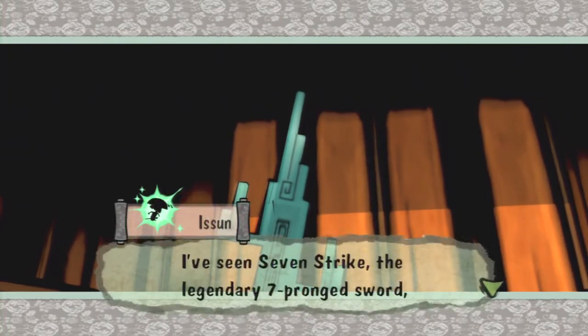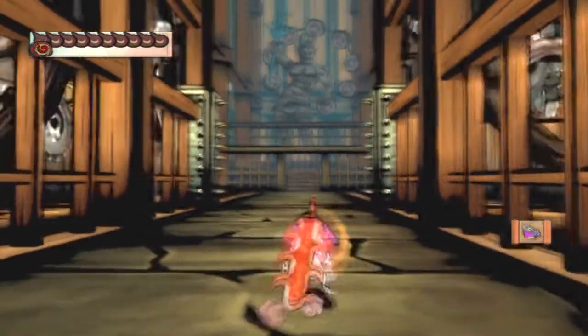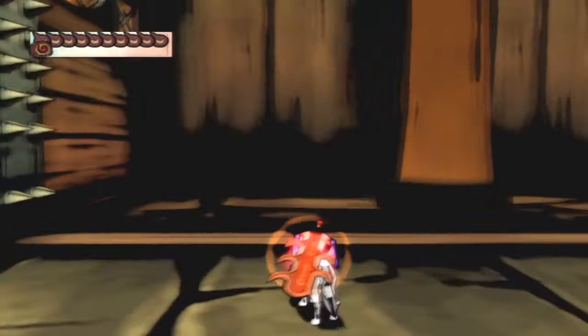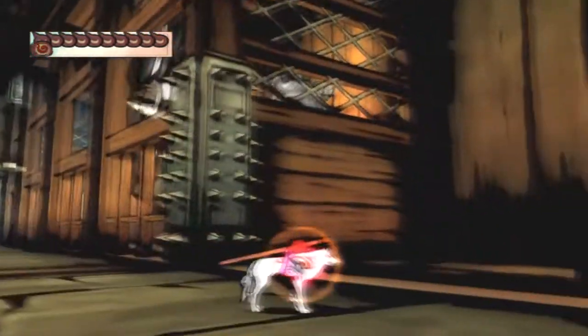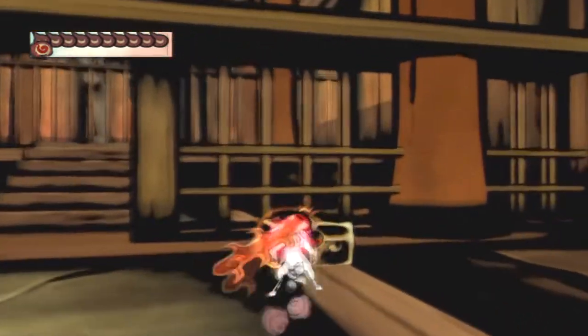Especially that raised sword there. I've seen 7 Strike, the legendary 7-pronged sword, but never a 9-pronged sword. So as you can see, we've got a 9-pronged sword. We're going to fight a 9-tailed fox, you know, kind of a theme here. But anyways, what you're going to want to do, after breaking open these boxes, of course,